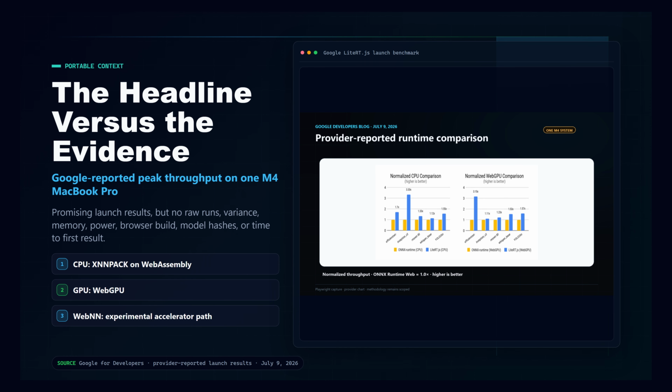Google launched LiteRT.js as a JavaScript binding around its LiteRT stack. CPU runs through XNNPACK on WebAssembly. GPU runs through WebGPU, and WebNN is the experimental path toward system accelerators. On one M4 MacBook Pro, Google's chart reports up to 3.33 times the throughput of ONNX Runtime Web on CPU and up to 3.15 times on WebGPU. Promising? Absolutely. Universal? No. The article does not publish raw runs, variants, browser build, model hashes, memory, power, or time